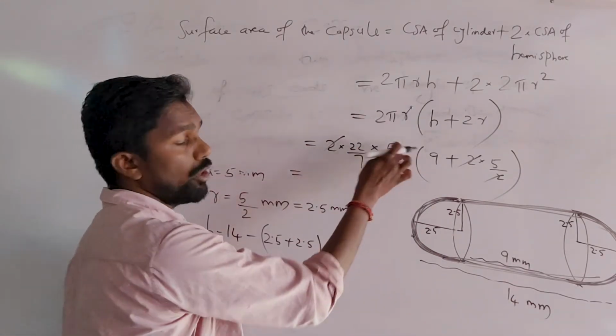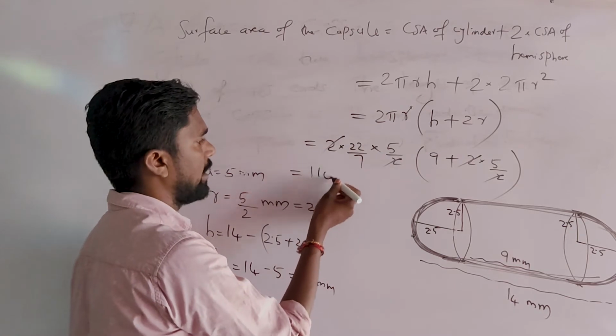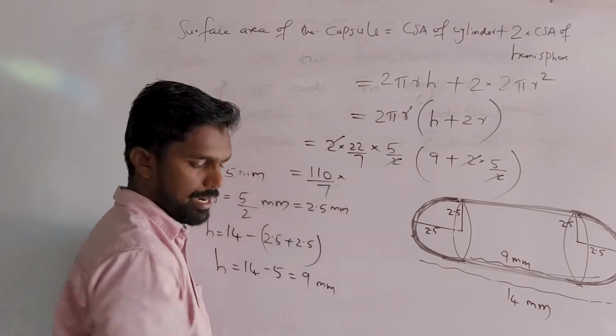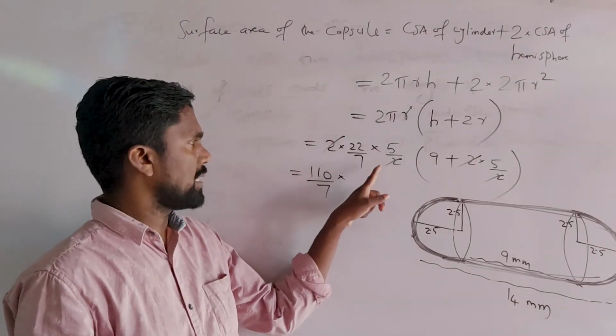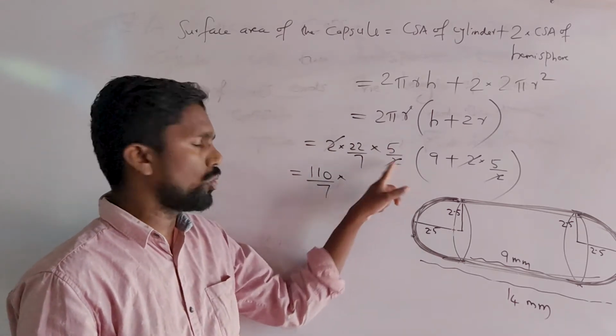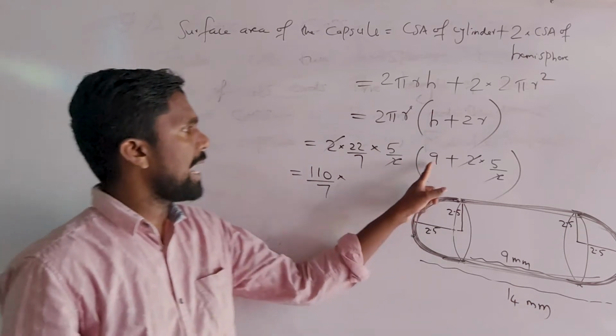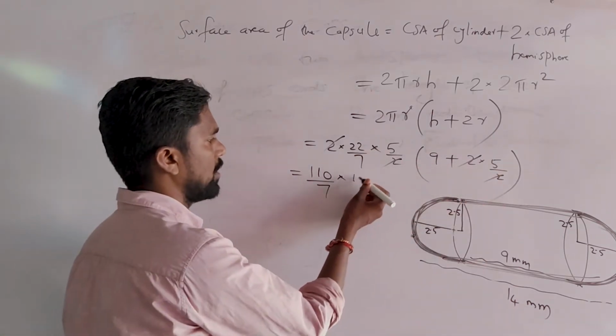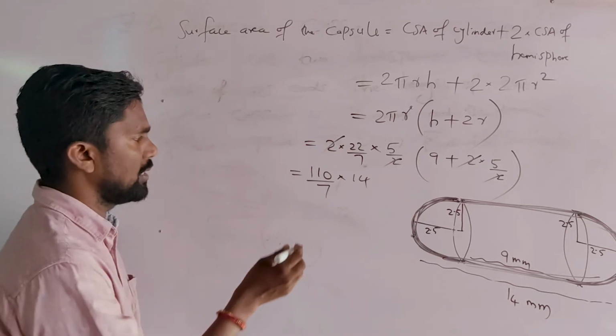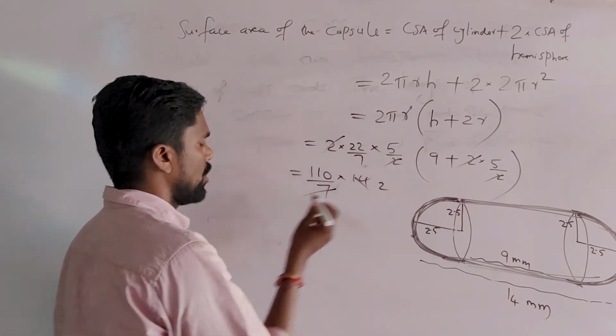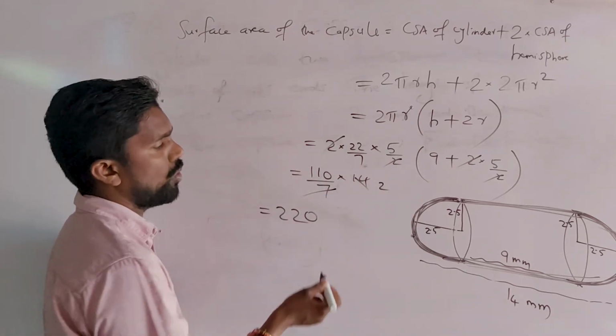So here you can write 22 into 5, 110. 110 by 7. 22 by 7 into 5, 2 cancelled. 22 into 5, 110. 110 by 7 into 9 plus 5, 14. So this is cancelled. So 220